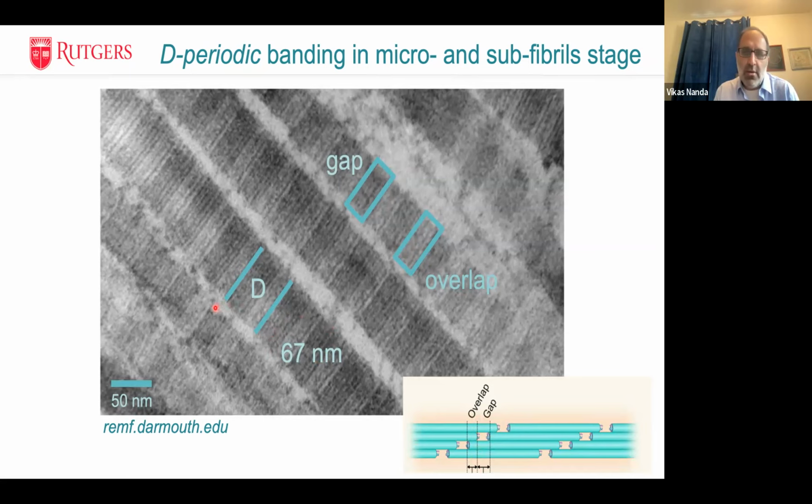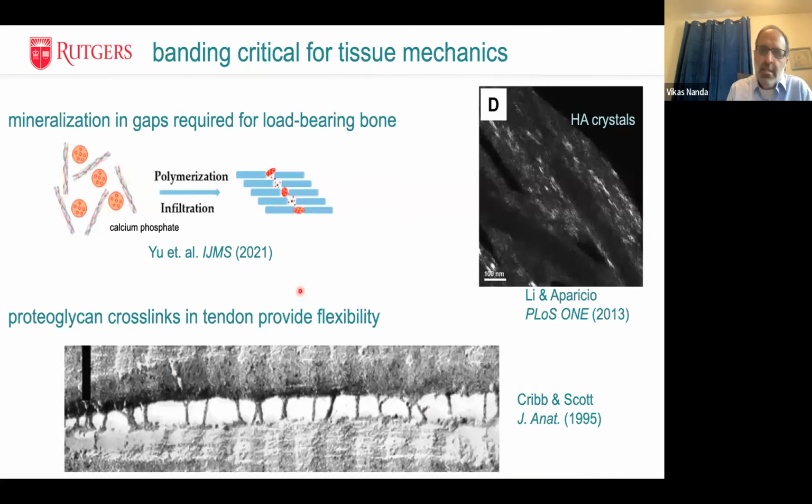And so the question is, what is the origin of this banding structure? And is this something that is important for collagen's function? Well, we know that there are a couple of ways in which this banded structure affects the biological function of collagen. So for example, when type 1 collagen is in bones, these gaps essentially serve as nucleation sites for mineral formation. And as the collagen fibers polymerize, they're able to nucleate formation of the minerals, and that results in very strong,